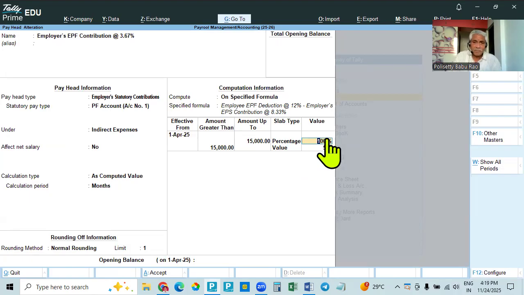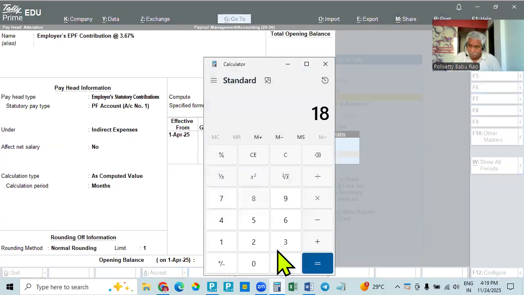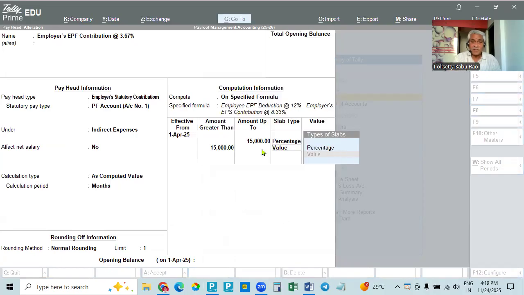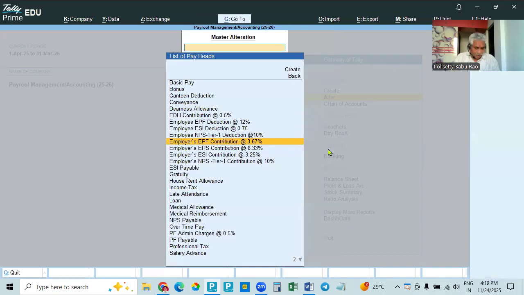In total, above 15,000, the balance 1,800 is the total. 1,800 is the total amount of deduction from the employee, minus 1,250, the contribution to EPS. The balance is 550. So 550 is the value. If the salary is more than 15,000, 550 will be this one. So like this you have to calculate. Okay, and then